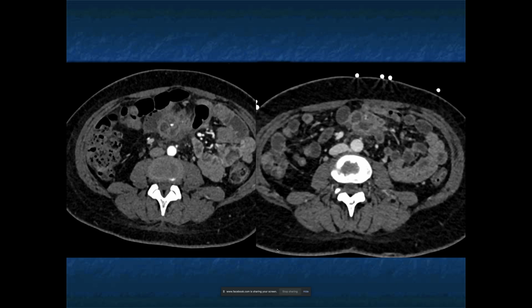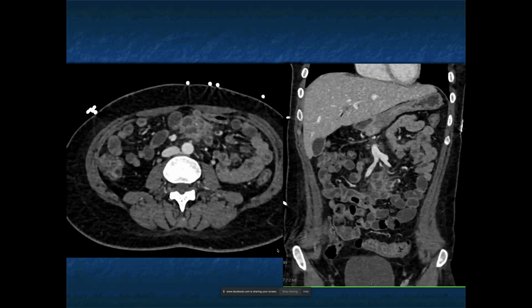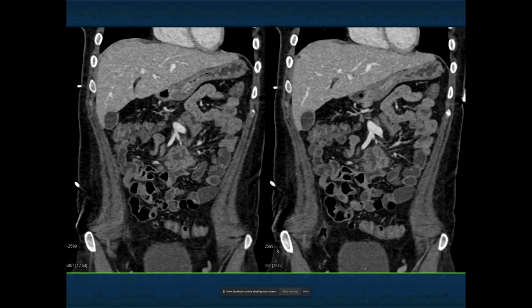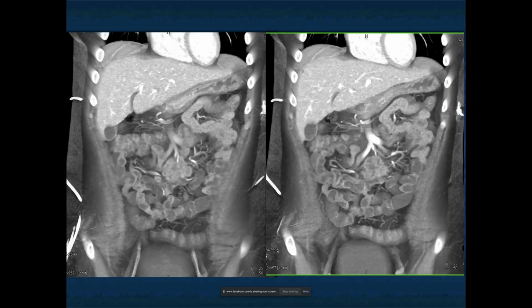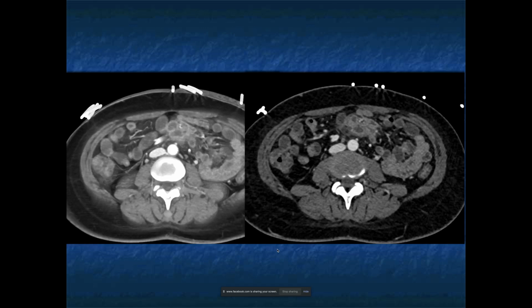But when you see low density nodes in the mesentery, and let's keep looking, you can see those mesenteric nodes very nicely. Cystic low density, it's a classic thing. It's not going to be lymphoma. Lymphoma, typically it's solid unless you've been treated. This patient hasn't been treated. And you can see the mass in the root of the mesentery. So what you're dealing with is usually an infectious etiology. And typically it's MAI infection.